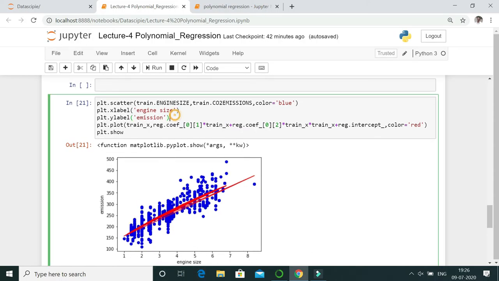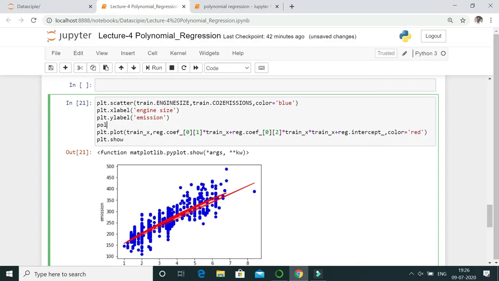For that, we would create a new plot_x is equal to np.arange, starting from 0.0 up till 9.0, and the step we would take is 0.1. Replace train_x with this plot_x.